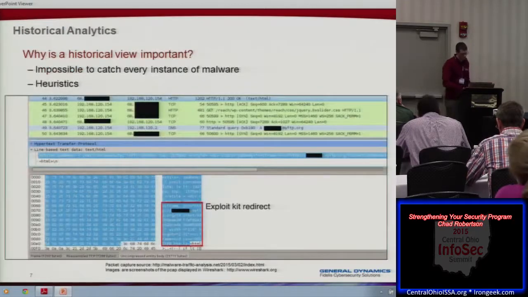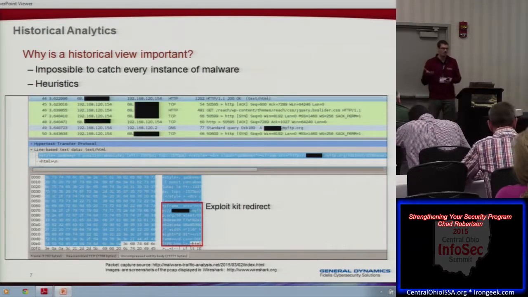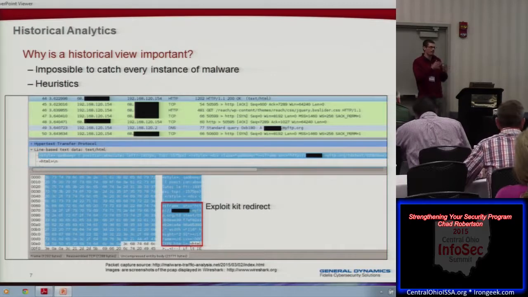Just a real quick example on this. Say you have 10 systems in an organization, and those systems get compromised by something. We'll stick with the exploit kit example. And so that happens. 10 systems compromised. 5 days pass. We don't know about it. Those systems have been compromised for 5 days. After 5 days, the analysts get some sort of intel to be able to detect it. From then on they can see future compromise, but not necessarily historical compromise. And so that's where the historical analytics piece comes into play,